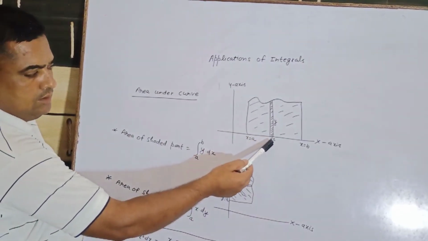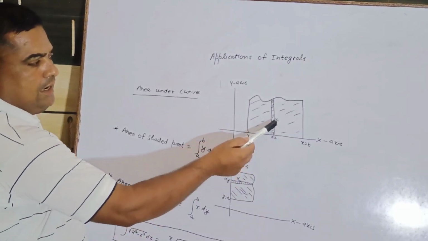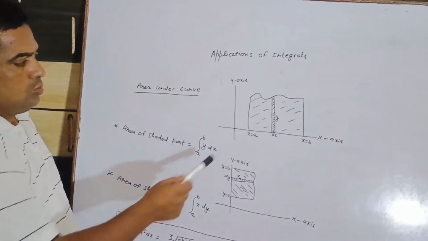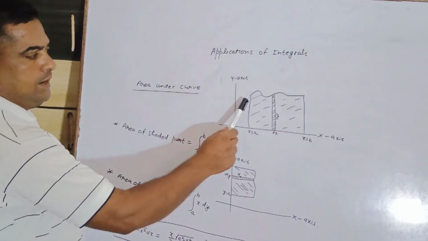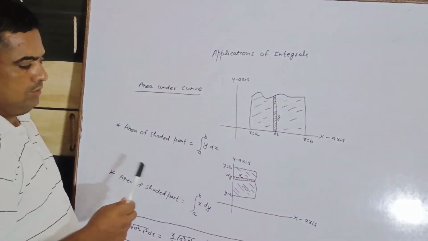The breadth of the strip be dx and length will be y. So area of this strip will be y into dx. Now we have to find area of the shaded part. We will do integral